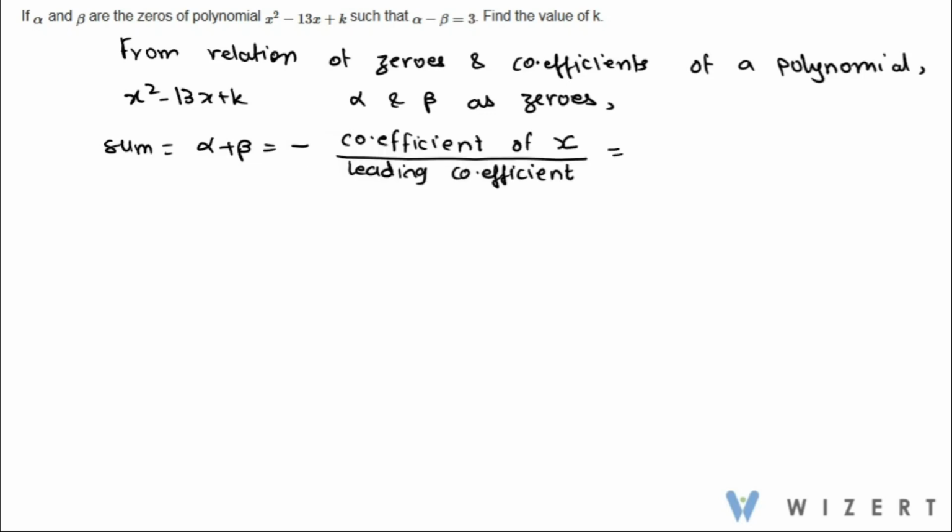So in this case it's going to be minus of minus 13 by 1, so it will be plus 13,